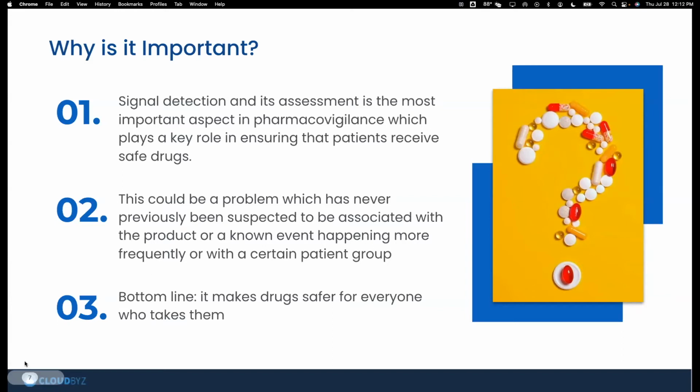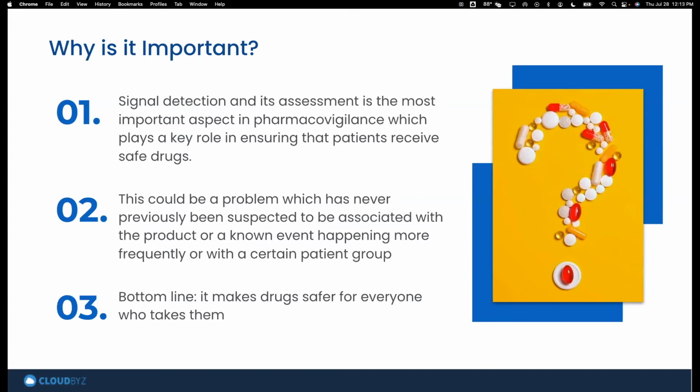Right. So the second reason why this is important, I touched on this a little bit earlier, is to find problems that might be rare or that we couldn't really get to in the clinical trial process. Right. These could be associated with certain events happening more frequently with a certain group, or maybe events that we just didn't see a lot of in our clinical trials, but we're seeing them now as it hits the marketplace. And obviously that's not a place where we want to be in our pharmacovigilance practice, but if we're being honest, sometimes that's just what happens, right?